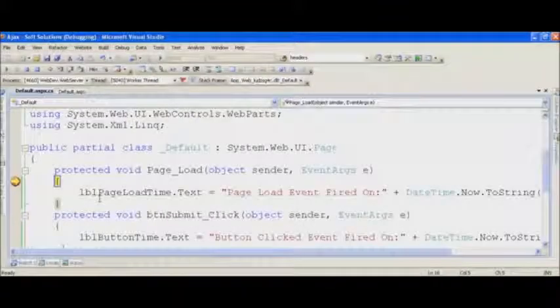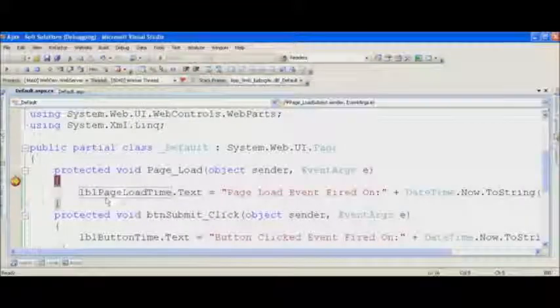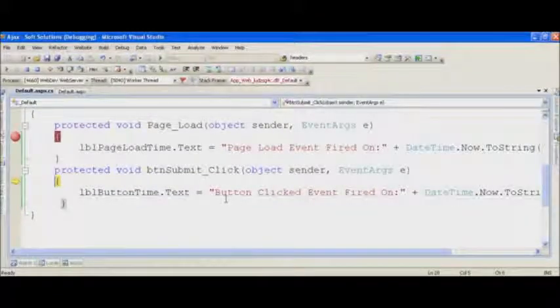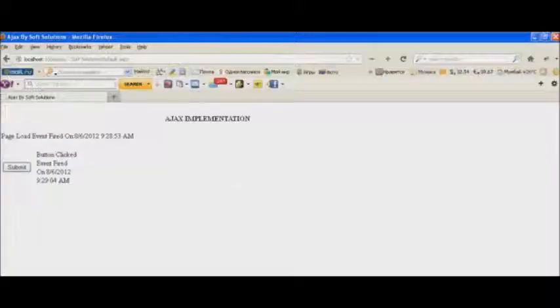Now when we click on the submit button, again the page load event fires and it will display the current date time in the label page load time, and after the execution of the page load event, the button submit click event fires and it will display the current date time in the label button time. Now you can see one thing, every time I click on the submit button, the value of both the labels changes.